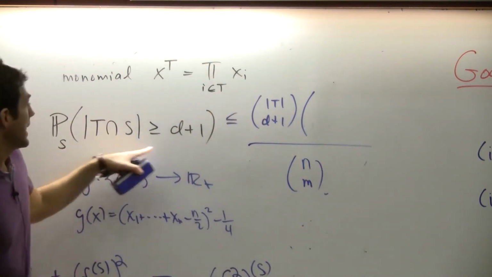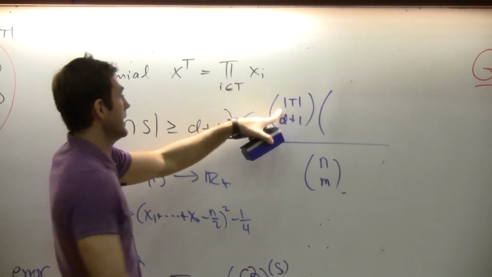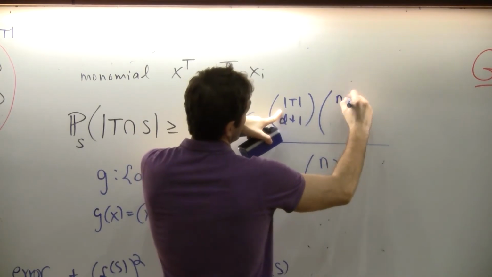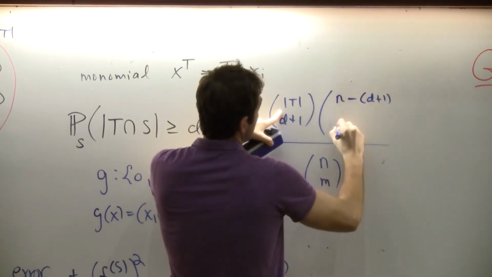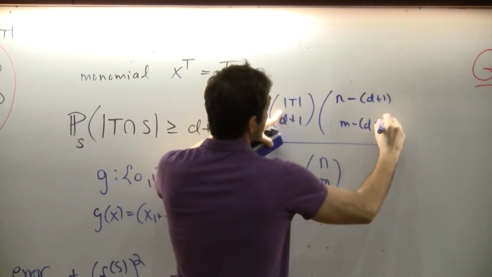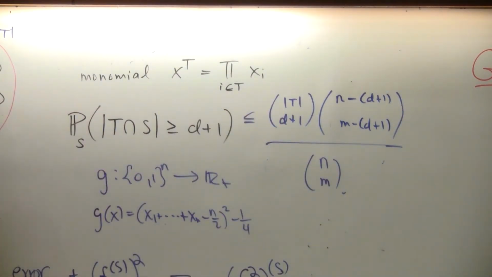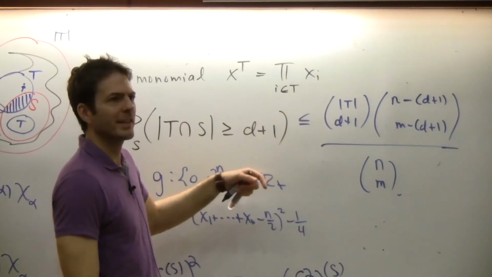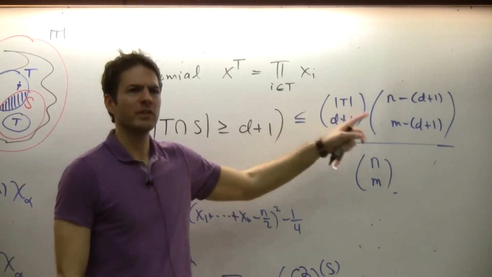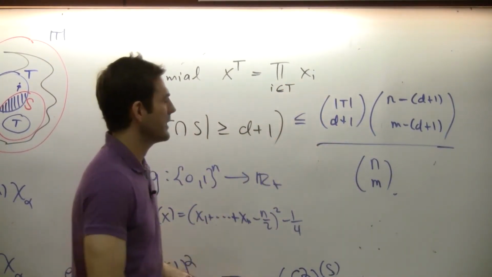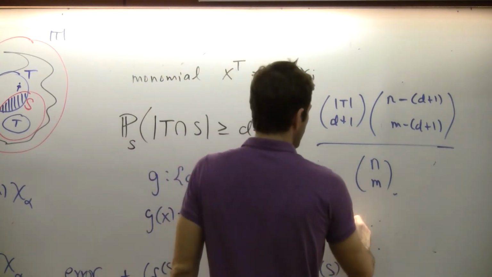To get a bad one, we have to choose d plus 1 things from T, and then we need to choose m minus d plus 1 things from the remaining n minus d plus 1 things. And there's a bit of overcounting there, because if the intersection was size d plus 3, there's multiple ways to count, but we've upper bounded it. And then you can just